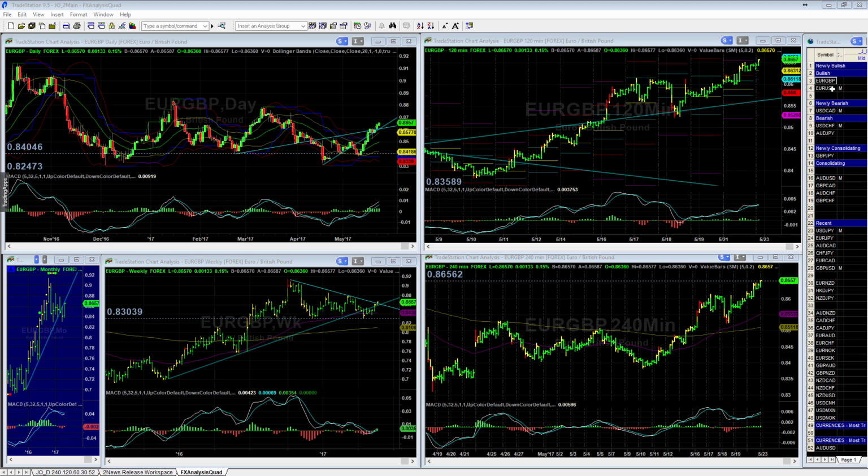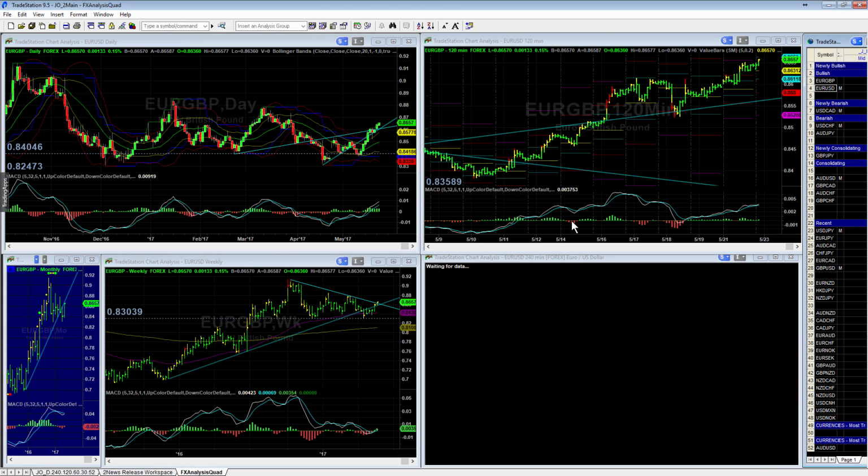Last time in our video, we looked at the euro pound breaking above this trend line here. We saw that we were struggling to break above it, with a long reversal candle here, and sure enough we broke above it, had a couple of good days moving higher, so watch for this to go higher. We're breaking on the weekly as well, as you can see here, and we're still showing bullishness on our 120